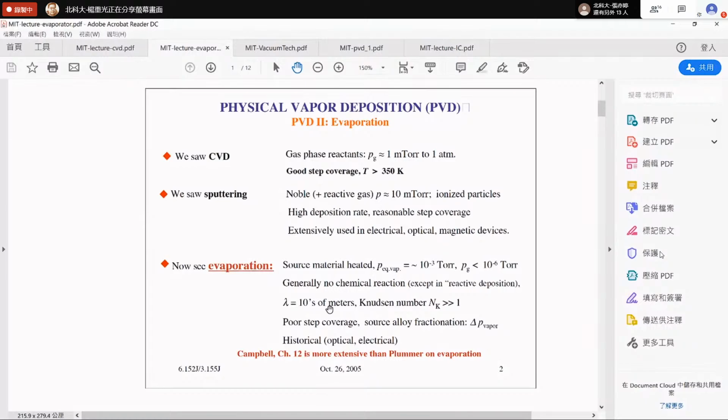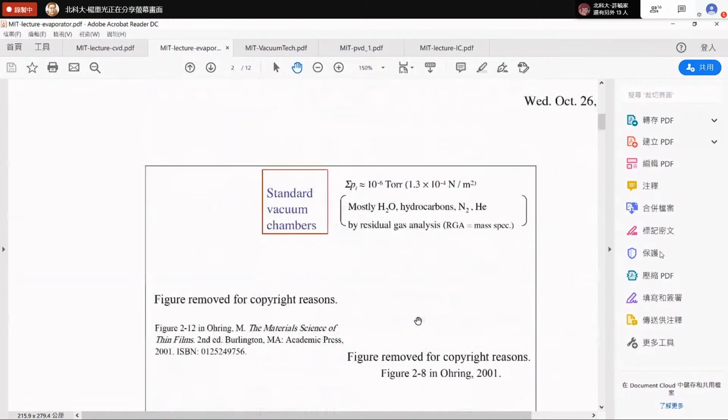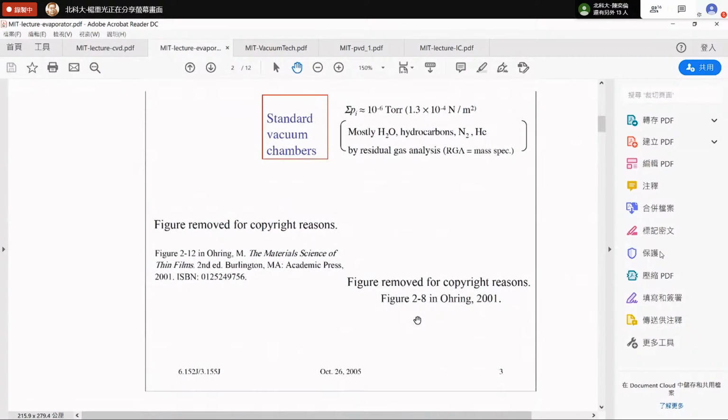And we understand the Knudsen number is about 10 meters, which is a Knudsen number larger than 1. And in that situation, the evaporation has poor step coverage. Okay, so the pressure mostly